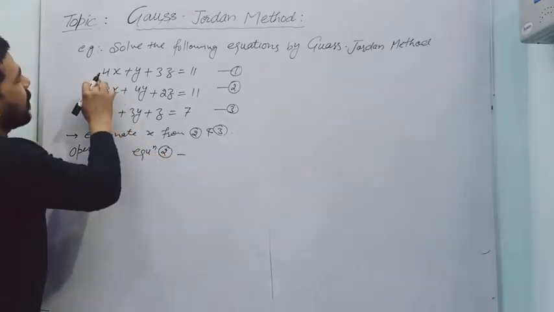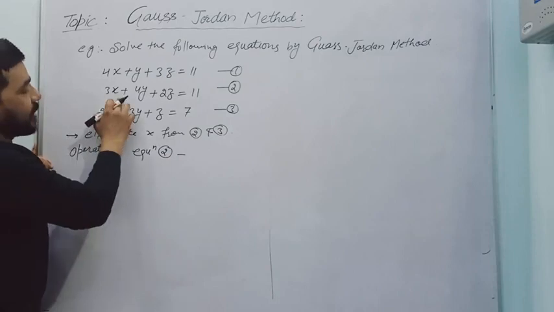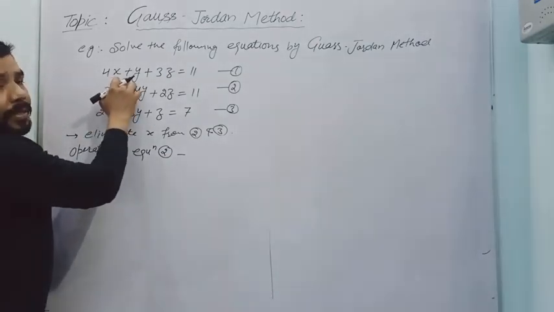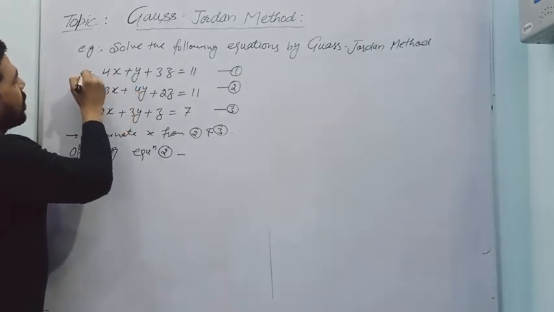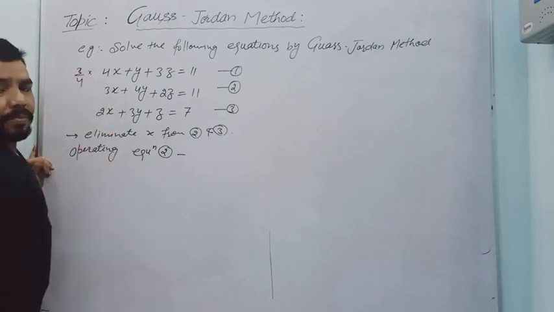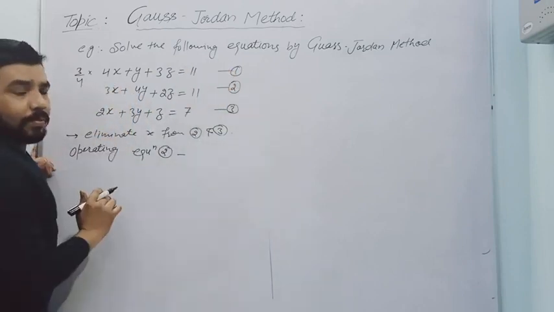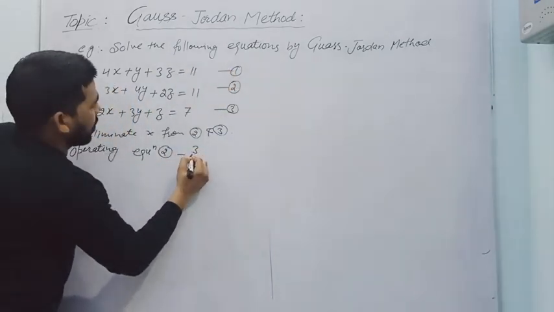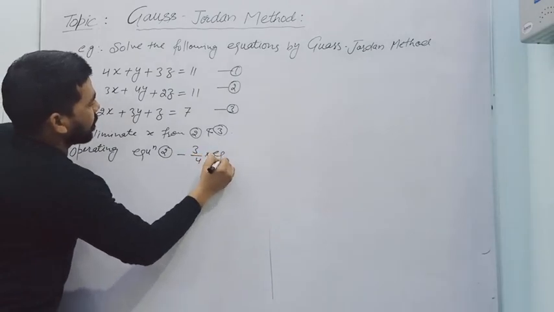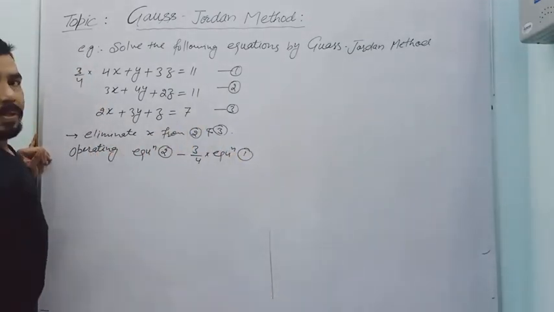माइनस इक्वेशन 1 को किससे मल्टीप्लाई किया जाए. हमें यहाँ पे 3x चाहिए, यहाँ पे 4x है, ये 4 नहीं होना चाहिए, सो दैट मीन्स देयर शुड बी 1/4 और 3 चाहिए हमें, सो मल्टीप्लाई 3/4. So multiply the equation number 1 by 3/4 and subtract from the 2. So it will be 3/4 into the equation number 1. Alright, now this will be the operation.